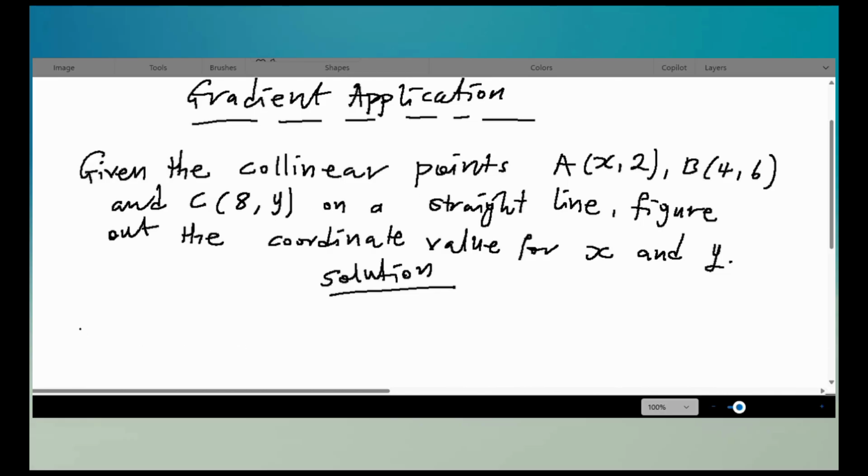From the definition of gradient, we say that the gradient is going to be the change in y, which is y2 minus y1, all over the change in x, which is x2 minus x1. Right. Now, if the points are collinear,